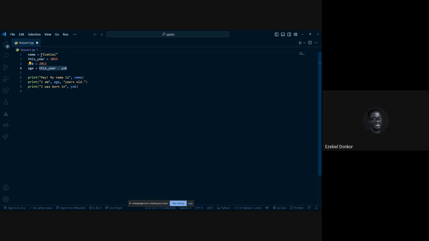So we have four boxes we're storing different things in, and this box contains an evaluation of a subtraction between this and that stored in that box. But realize that we're not referencing the actual numbers because we've already told the machine to remember these numbers. So we don't have to worry over it. What we have to worry about is telling the machine what to do with those numbers. In calculating the age, subtract year of birth from this year and store it in the box age, right? So the machine says, okay, I'm supposed to do this, then this, then this, then this.